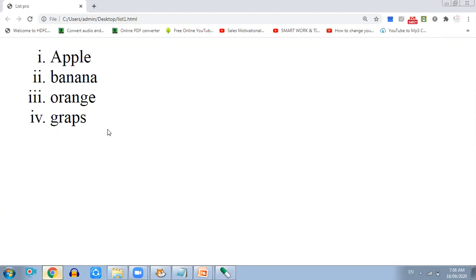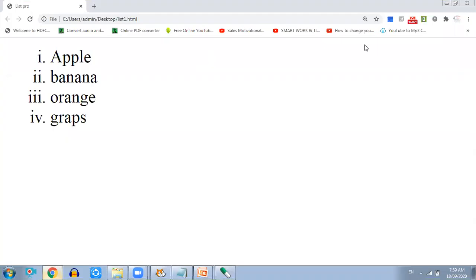So just now we have learned OL and the types of OL. Ordered list types are like: we can give common numbers, then we can give an ABCD series, capital or small, and a Roman number series, capital Roman numbers and small Roman numbers. Got it? So I hope you're clearly understanding this. So let's move to another part of the ordered list.